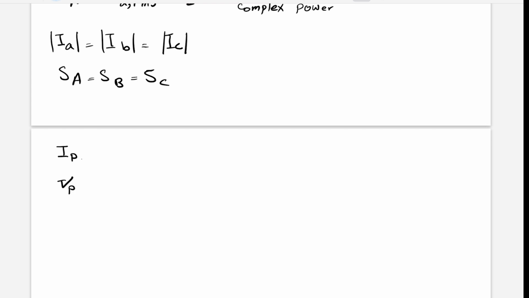So this is IP RMS, which is equal to, for example, IA RMS. And this is also the RMS value equal to VAN RMS. So this is called the RMS per phase current, and this is called the RMS phase voltage. Okay,